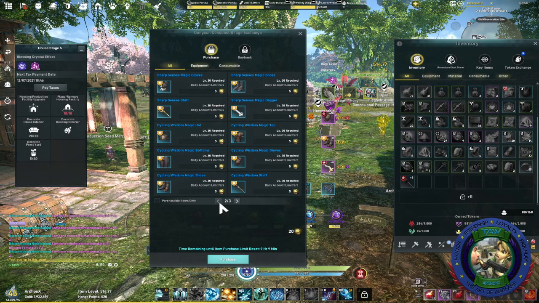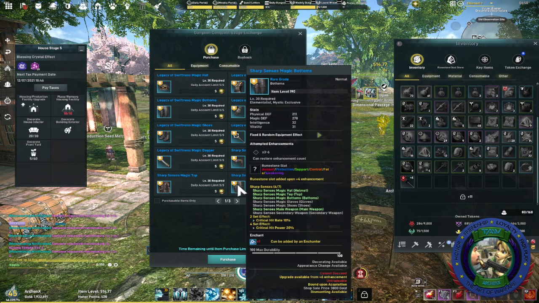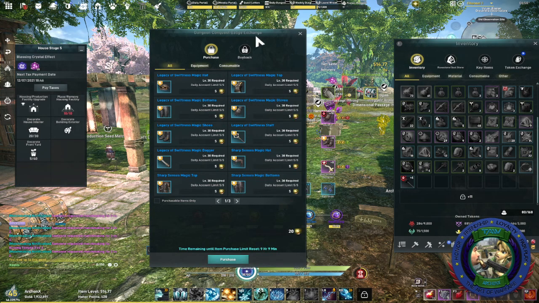So as far as the set effects, I know I can only speak on Elementalist. Generally, 100% everybody agrees, have 4 pieces of the Sharp Senses. So the 2 set effect, both effects will apply. 2 set effect, critical hit rate, improves by 10%. Sounds pretty good. 4 set effect, critical hit power, 20%. Everybody agrees